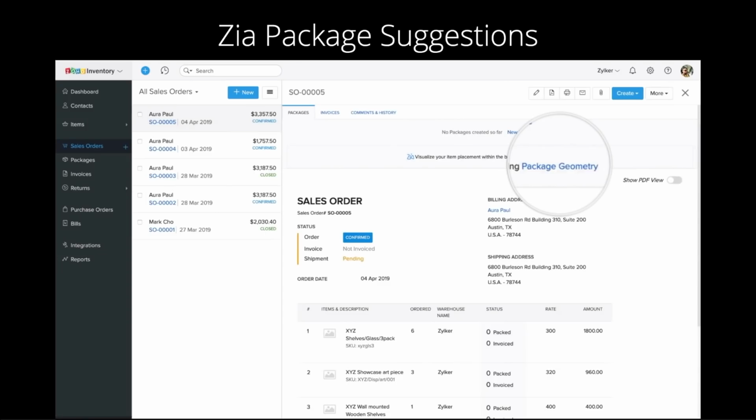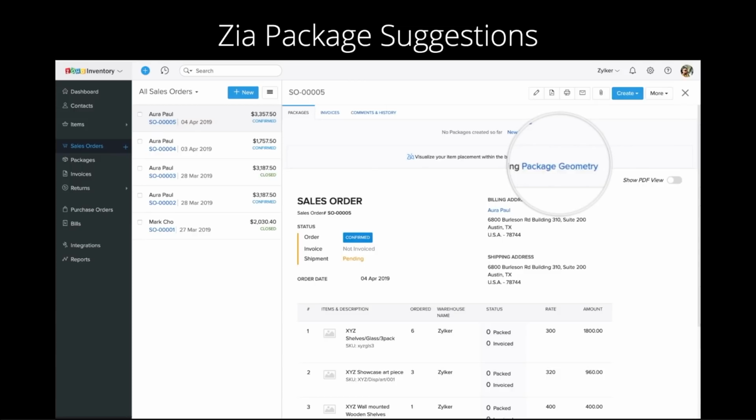Now, we're also introducing what we call Zia's package suggestions. The beauty here is our inventory system knows the size and weight of each of these items that you're carrying in your inventory.